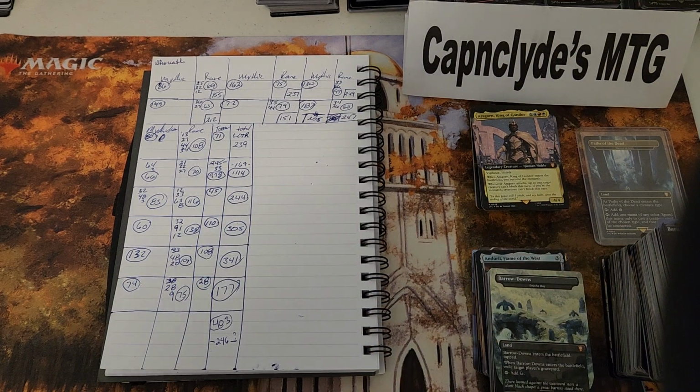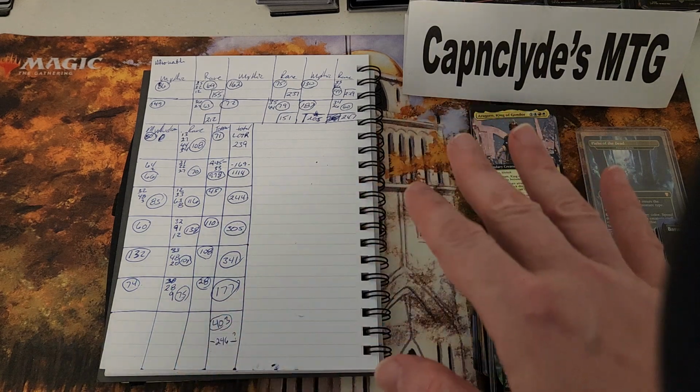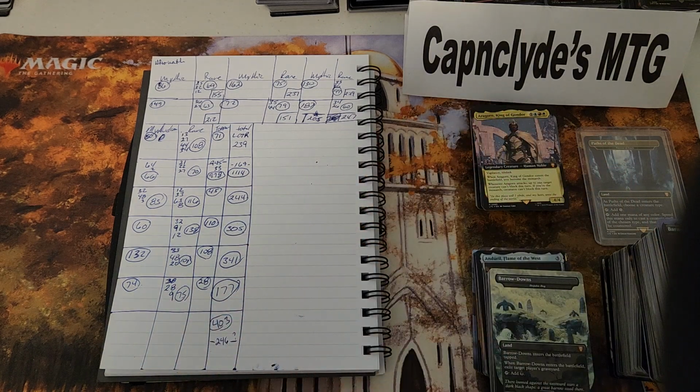Who knows? Maybe I'll open a couple more boxes of these. I did order more than 6 to have 1 or 2 boxes set aside. Maybe I'll open some more if I find them cheap, which is probably not going to happen. But I have a real feeling that if you're opening set and draft for this set, you're going to be really sad in the long run because there's just not enough value here, in my opinion, especially for these box